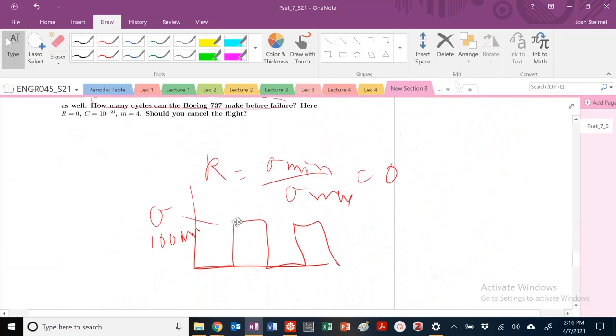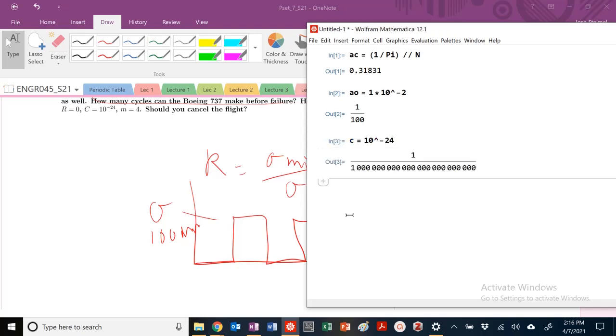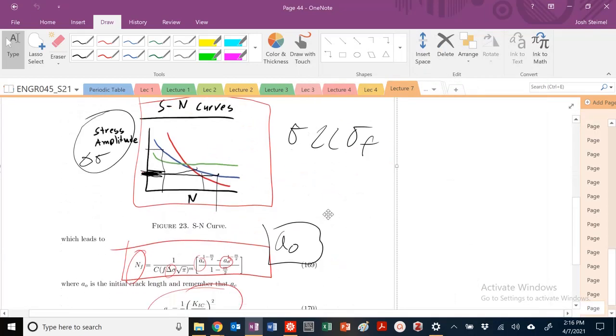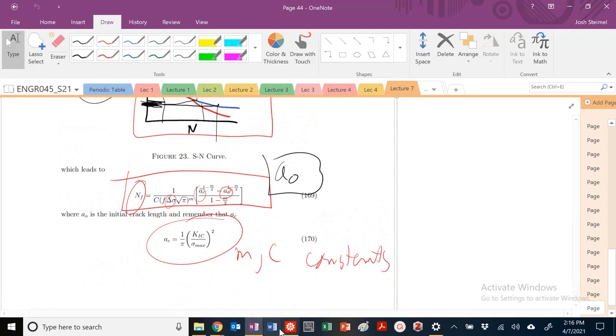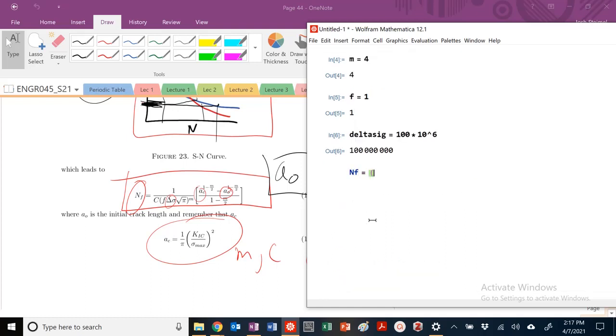And let's go ahead down here. We also have that c is equal to 10 to the minus 24, and that m is equal to 4. Then we need to figure out how many cycles until failure. So we have our N sub f equation here. We're going to assume f is equal to 1, and our delta sigma, because our sigma min is 0, is just going to be 100 times 10 to the 6. So let's do N sub f is equal to 1 divided by,